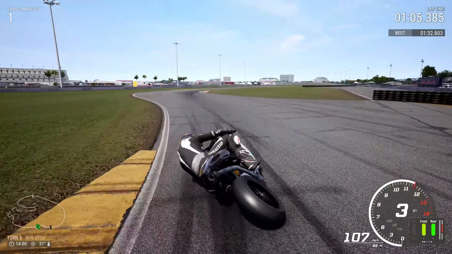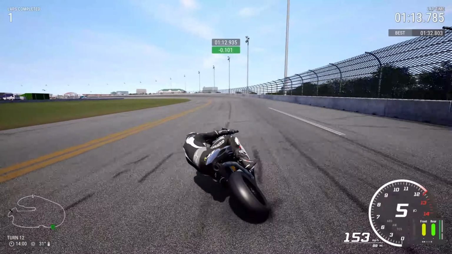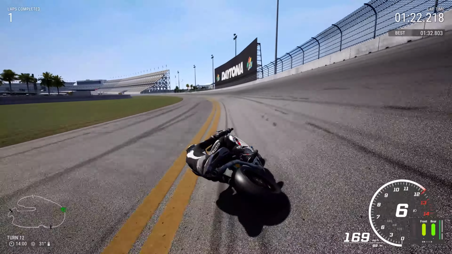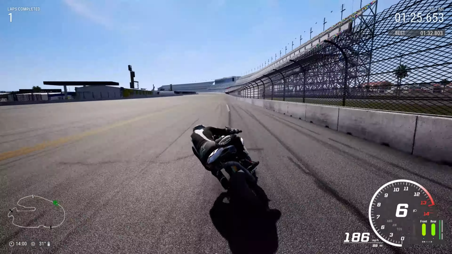Keep pushing forward, and then of course it is onto the oval, but the oval actually offers quite a bit of a challenge. I was tucking in and just gently coming off the throttle every now and again, and slowly flicking the left analog stick to make sure this bike was pointing the direction we wanted to go. But this is going to be a good lap. I don't think we're going to be improving too much, but hopefully it'll be sufficient to beat the time, and it is a